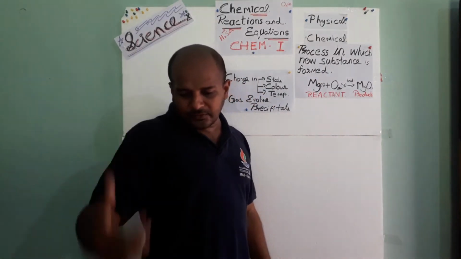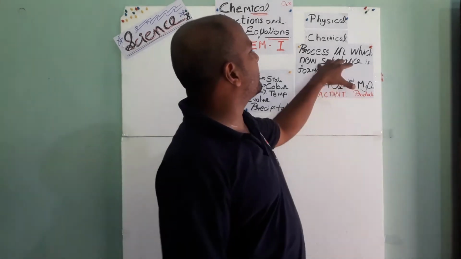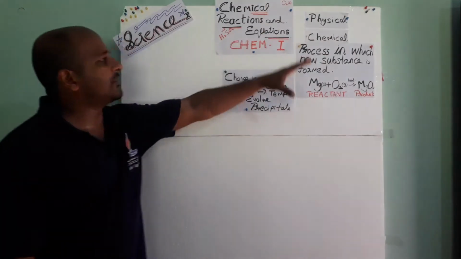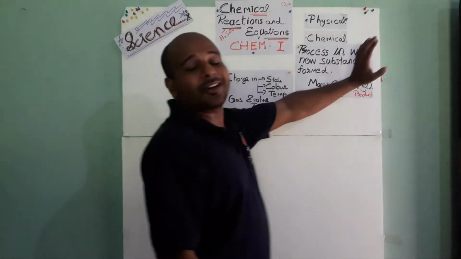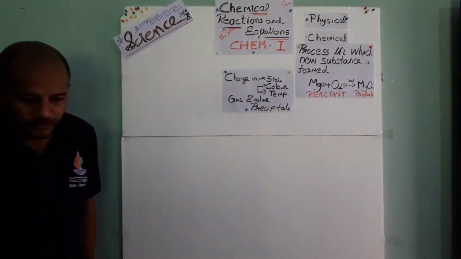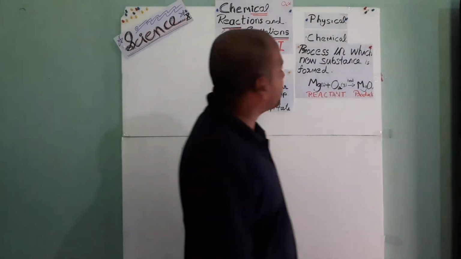So next, this is one more question for SSLC. What is a chemical reaction? The process in which new substance is formed. That process is called a chemical reaction. It is a one mark question. Okay, the next part is about